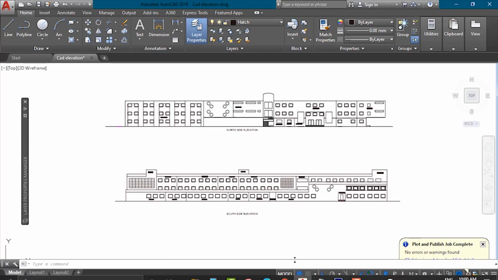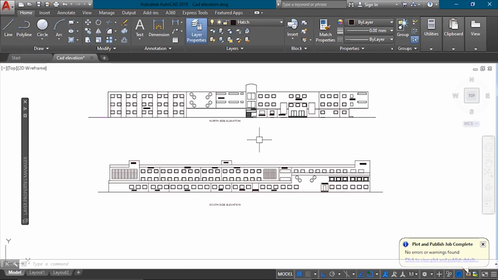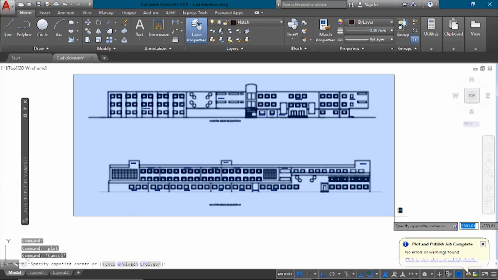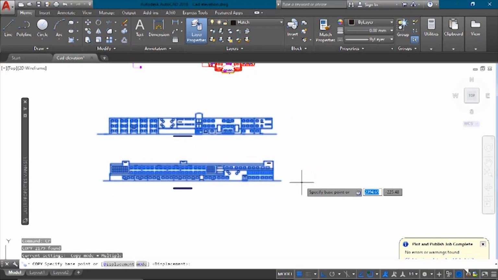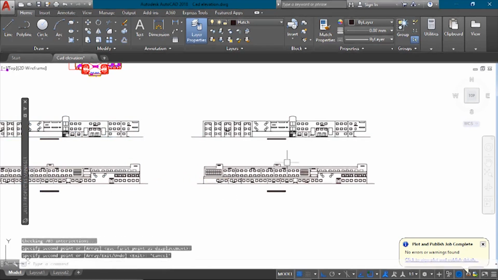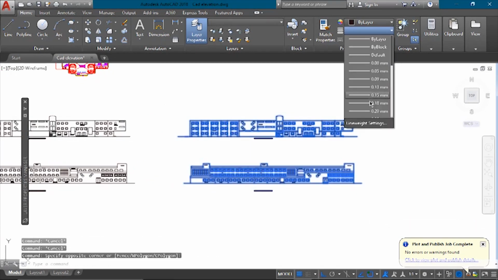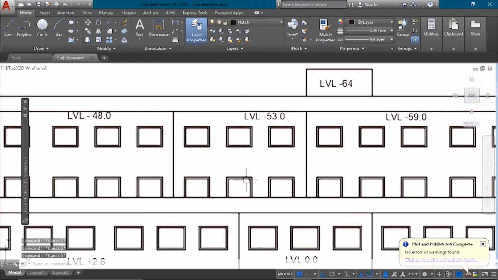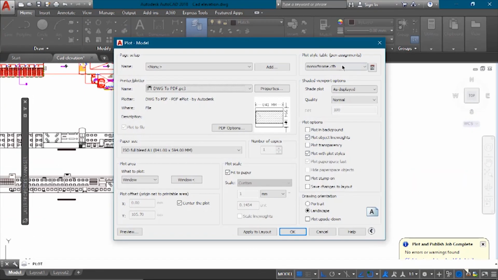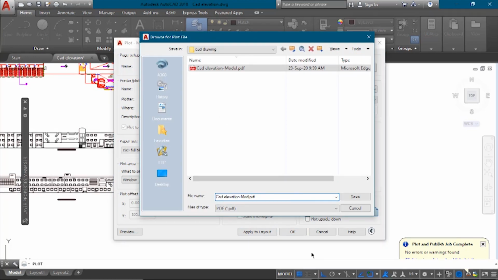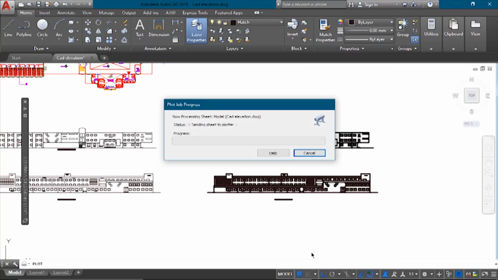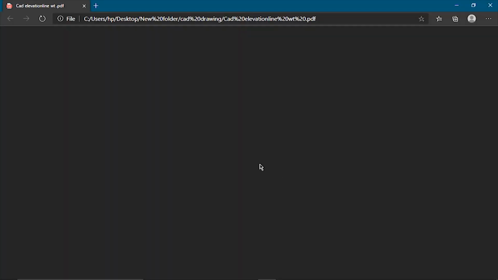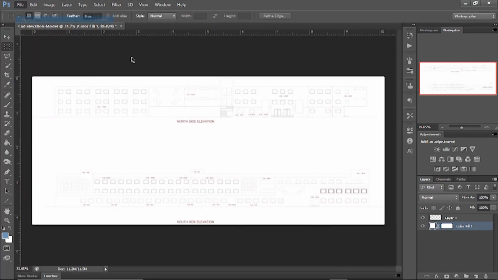So now open AutoCAD again and we will not create the PDF directly. We will make some changes. First make a copy of your work, explode all if it is in a block, then change the line weight, and I make it 0.30. Then we will make some changes in the printing settings. There you have to change the plot style to monochrome and create the PDF. Done, I saved it with the new name, line weight, so that we can see the difference.